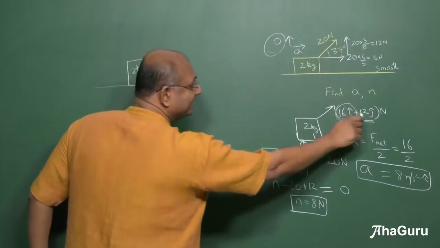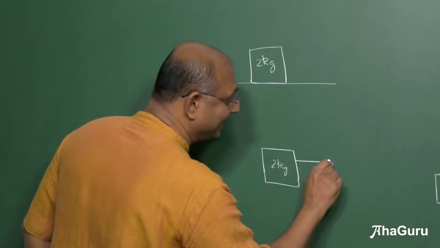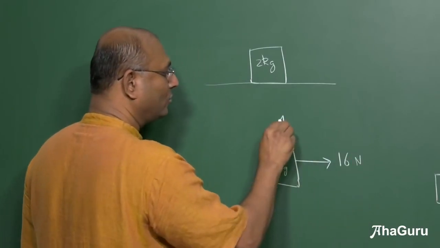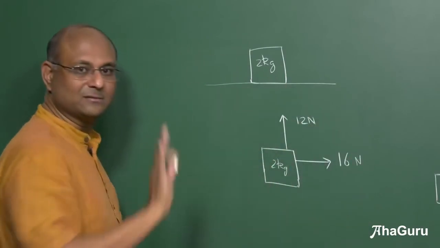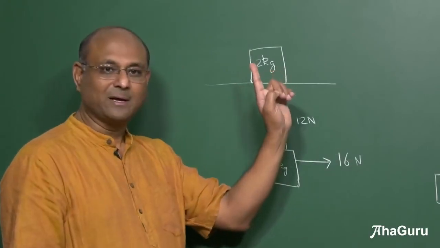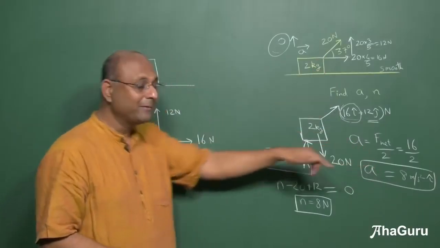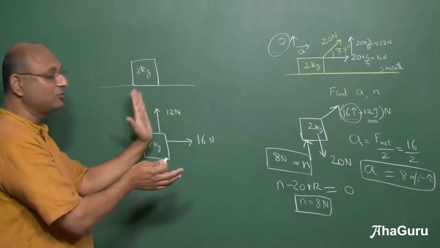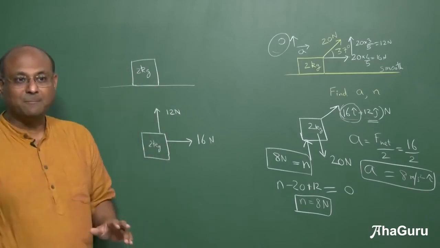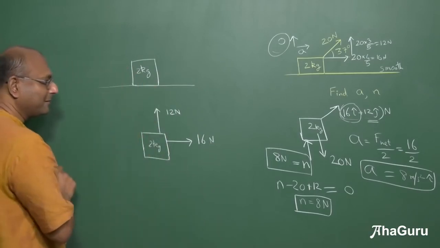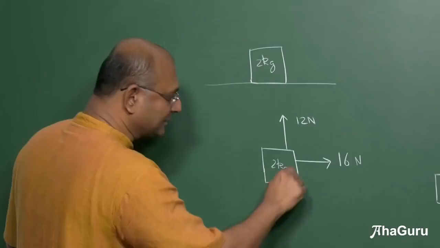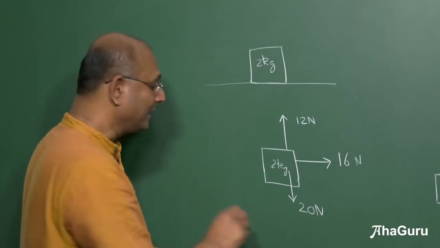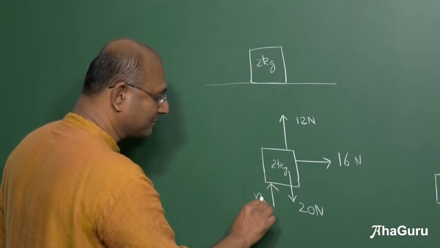Instead of drawing it like this and writing it like that, we could have written it as 16 newtons and 12 newtons. Finished. It is already 16 I cap plus 12 j cap. Instead of writing it as 16 I cap plus 12 j cap, write 16 like this, write 12 like this. We say I have resolved this force into 2 pieces. By the way, this is how mostly people do it in books also, okay? So this is something that we should know. Now this force is 20 newtons. What is this force? Weight. And then there is a normal force.